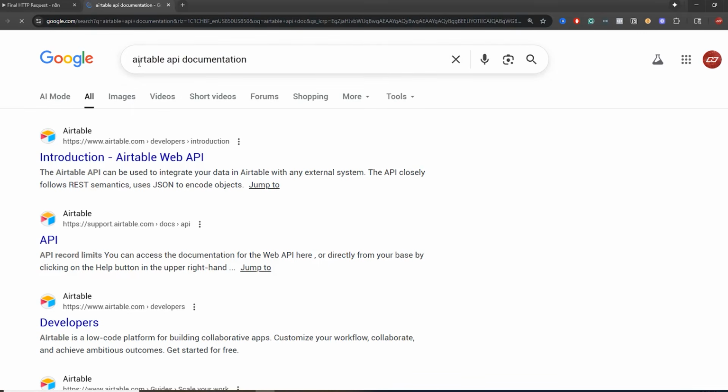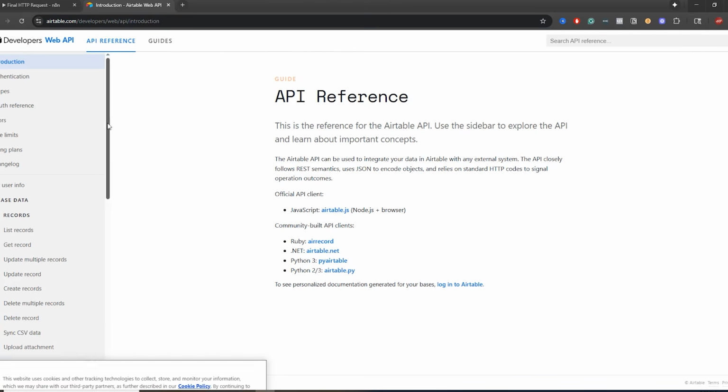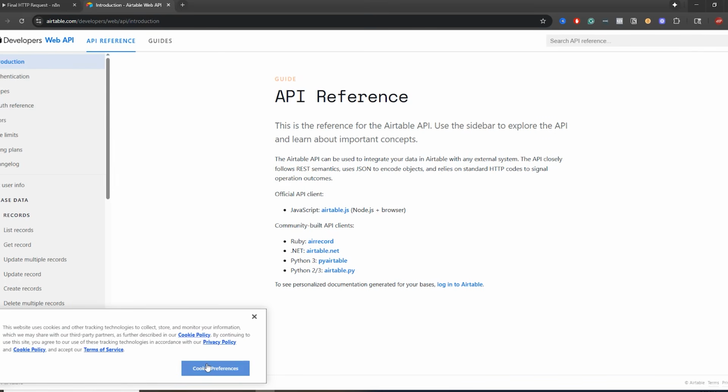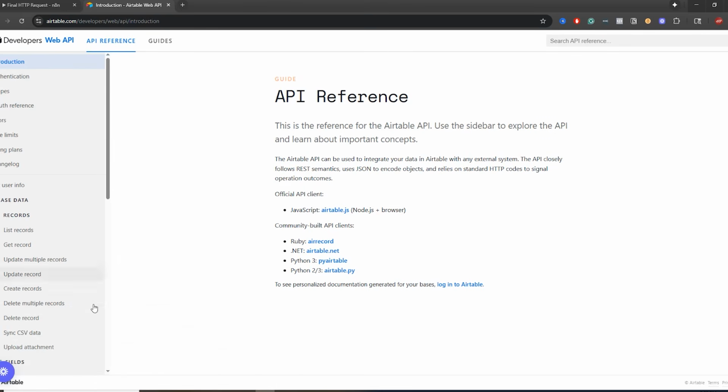And you can see if I go over here, I searched Airtable API documentation and it says Introduction to Airtable Web API. So you can click on that. And we have this also over here, API. It talks about record limits and different things like that. You can go over here and you'll find it. API reference introduction, everything that you need to know to set up this HTTP request and really do what you